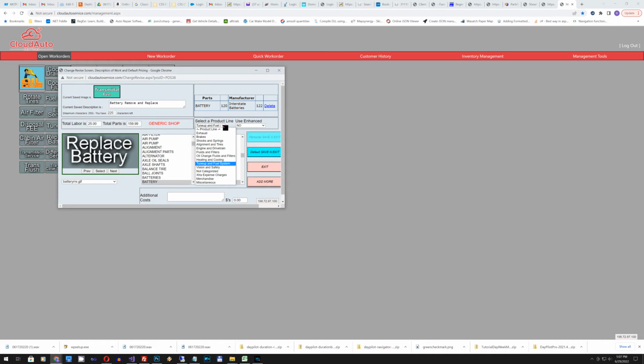It's always good to select a product line. That way you can get a breakdown on everything that is in there. I'm going to put battery in under engine and drivetrain. And if there's any additional cost, like if I want to add in every time I click on this an additional cost, I can put in something here, battery lead tax fee $5, and it will add that in. So now I just hit default, save and exit,